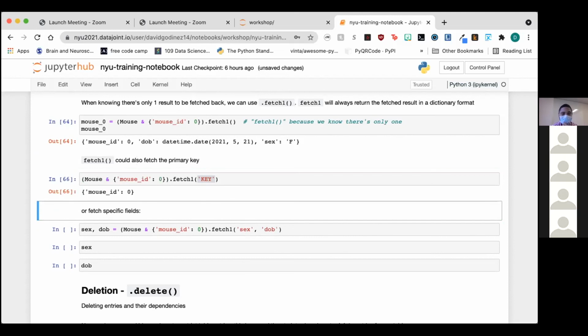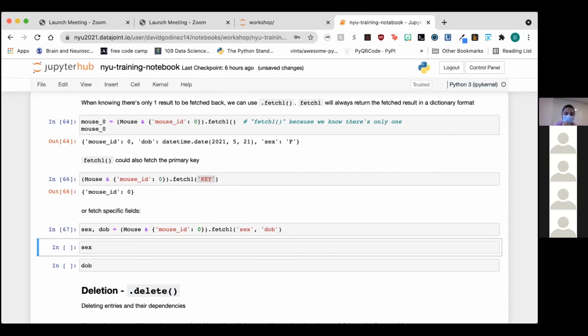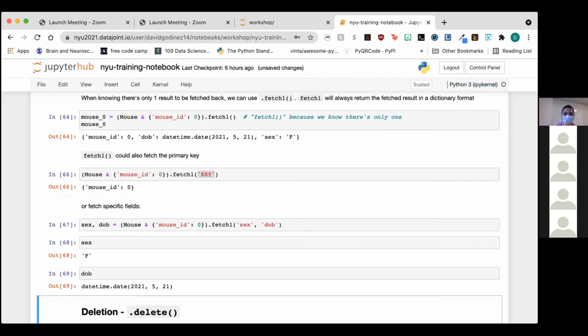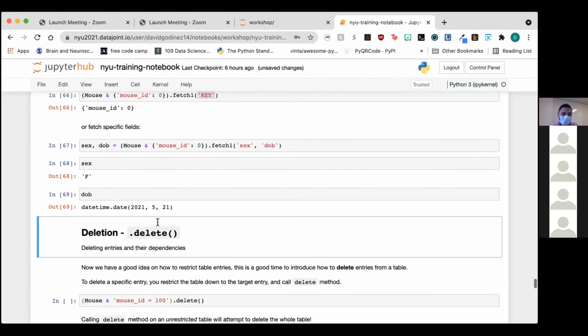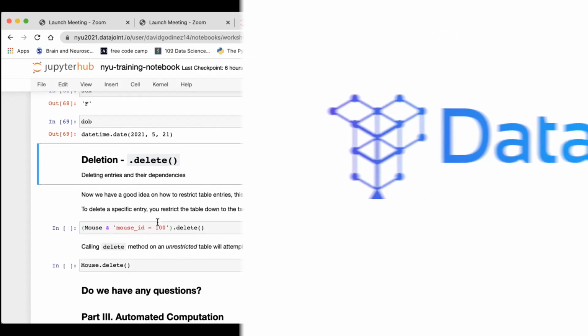And of course, you can fetch1 specific fields. All right, awesome. So it's telling us that for mouse 0, the sex is female and the date of birth was May 21st. Excellent. So now